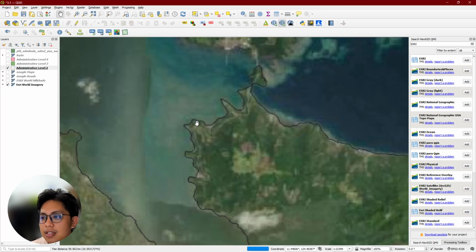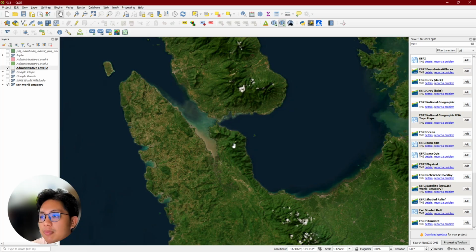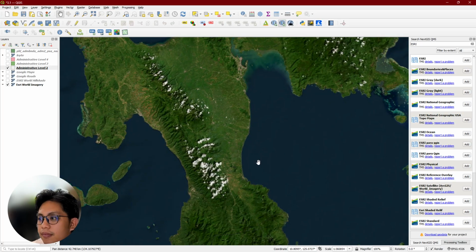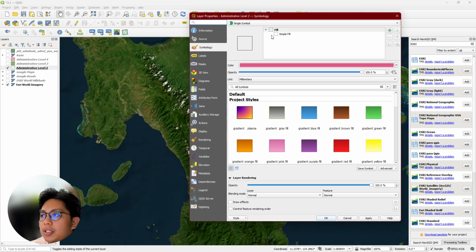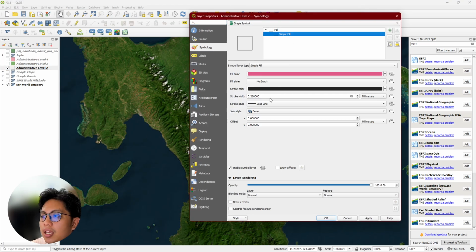And it's very subtle, but you have black borders. Now, I really don't like to see black borders because you don't really notice it that much. So I'm going to go back again to properties and modify stroke width. I want it to be thicker. So 1 millimeter. Apply.